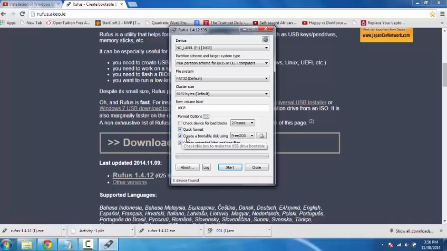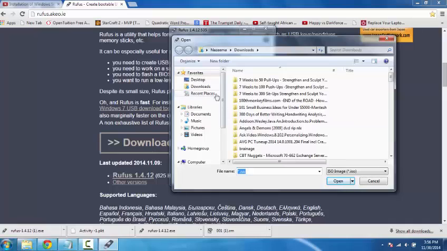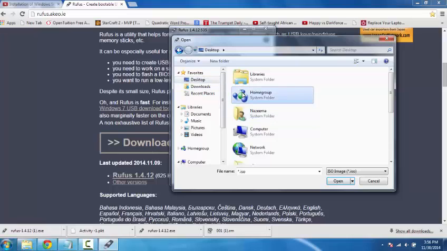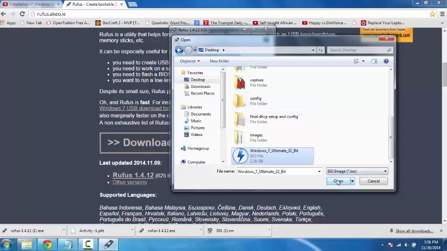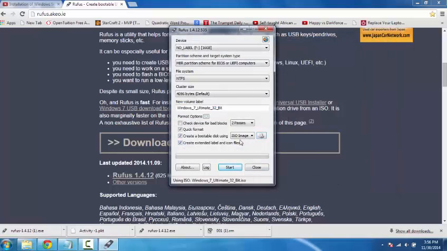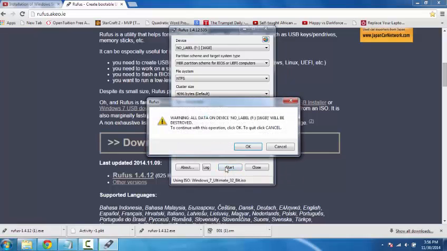But here in this one, create a bootable disk using, and it offers you more than one choice: MS-DOS, FreeDOS, ISO image. We are going to use an ISO image. So now we're going to browse for that ISO image by clicking on that button. I'm going to go to desktop, and we're going to try a Windows 7 Ultimate Edition. Now I've already browsed for that, and then after that we're just going to click on start the process, and